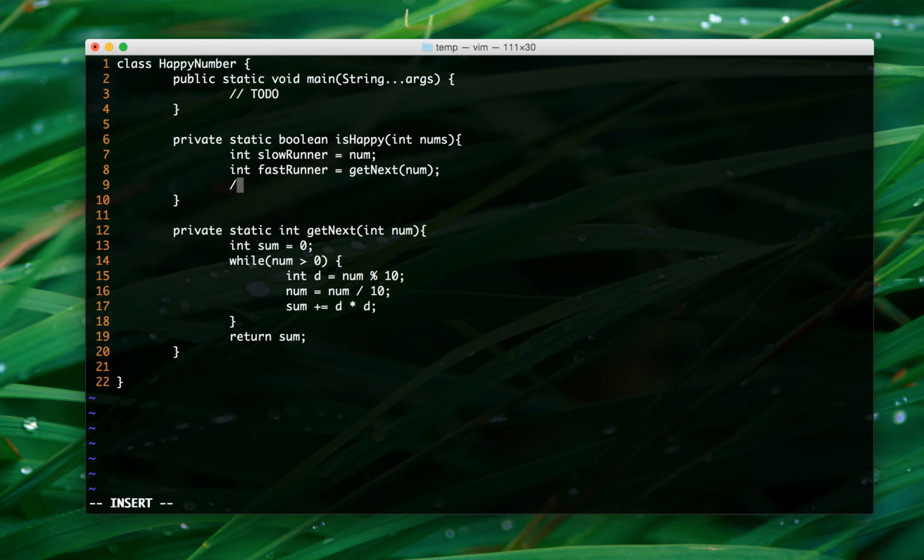And we need to complete this one here. Fast is one number ahead, and if both are terminating, then fast is going to terminate faster, because we're doing it for the same number, right? So that will reach one first. And if it's not a happy number, then both of them will go in a loop, and at some point they will have the same number, because it's repeating. It's a fairly smart idea, actually,